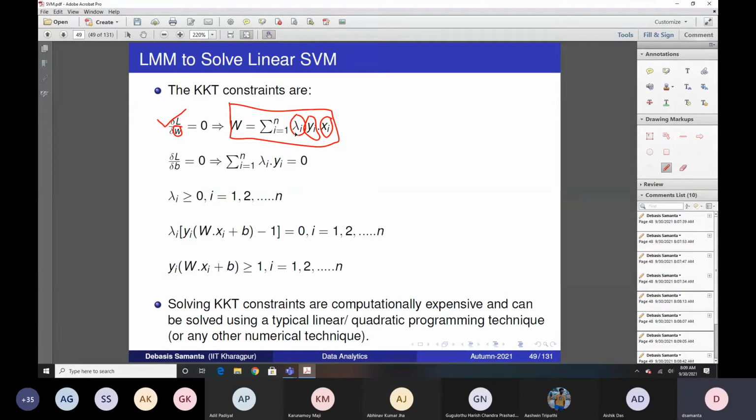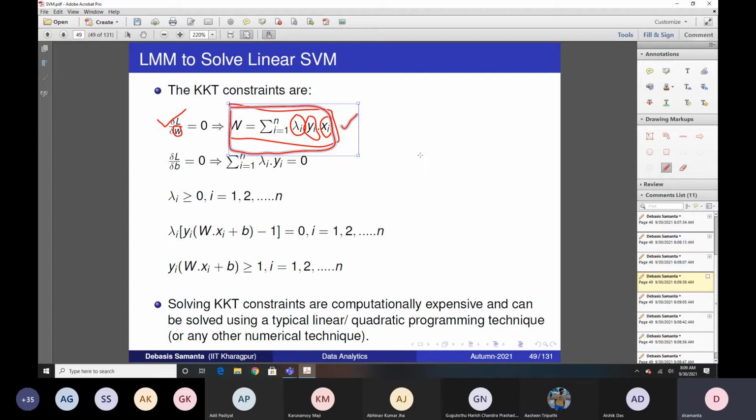And here you see lambda is a constant value, a scalar quantity, y is also a scalar quantity, but xi is a vector. But we can multiply a scalar quantity with a vector, so no issue. So this is fine, and this will give you an idea about how the W value can be obtained. I'll tell you exactly with an example how the W value can be obtained, because W is a matrix. If the size of the one-dimensional matrix is say k, then k different values are to be calculated here.